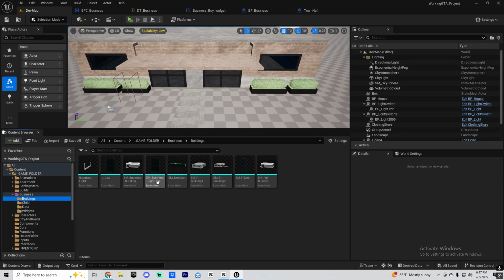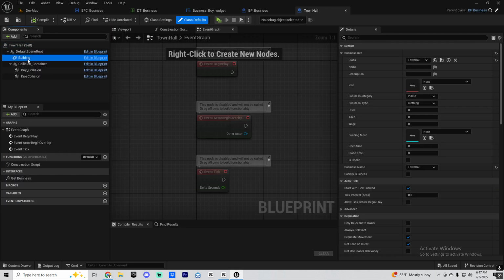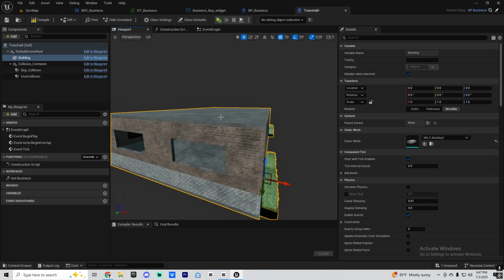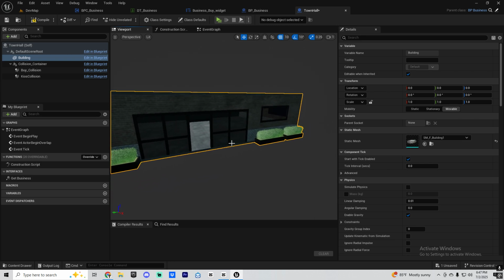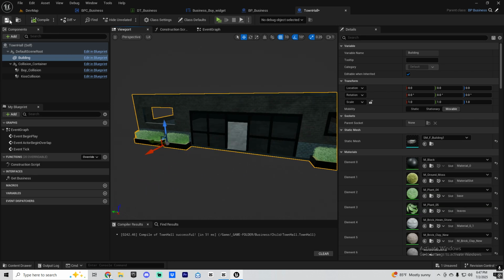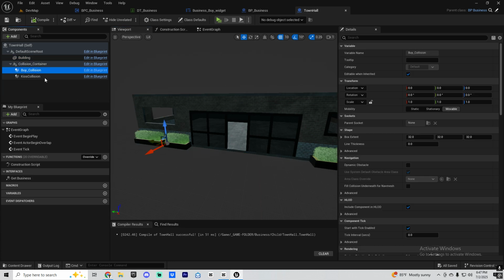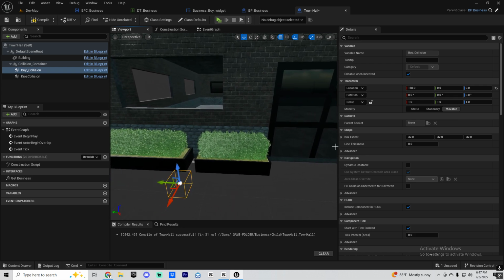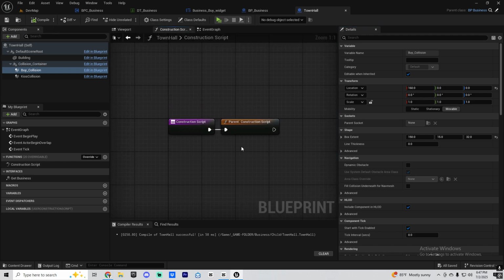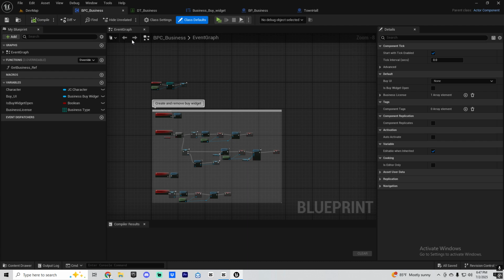And if I go to building, I think I want to use this one for the town hall. Building. Yeah. Town hall is the one with the door. And buy. But this one, it's not gonna be buy. It's gonna be for the... to access it. Or we don't even need this one, right? So if we go to construction script inside of the BP